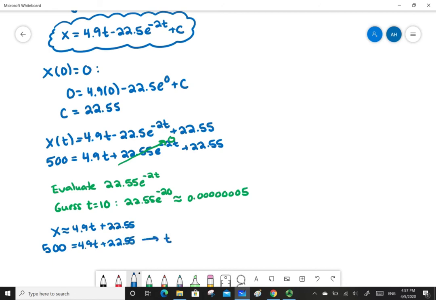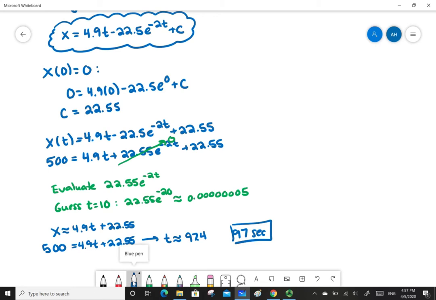Solving that equation gives that t is approximately 97.4. So it takes about 97 seconds for the object to hit the ground. Remember, the time to fall is so large because the drag force was so strong, indicating some sort of parachute or something. Now, to convince you that this approximation method was really just as good as using technology, I'm going